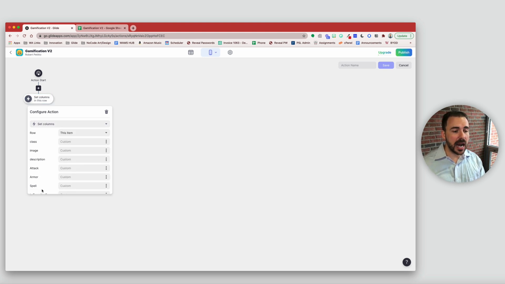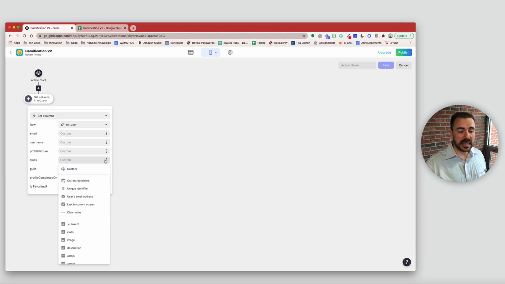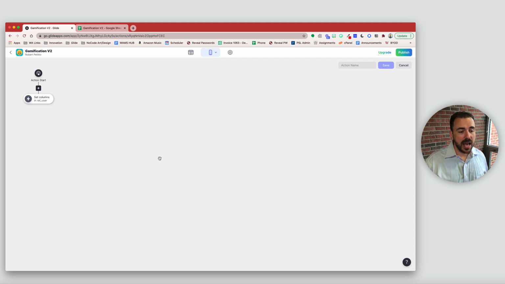So we're going to do set columns, and we're not going to set any columns in this item, which means this row for the class name, right? But instead, we're going to set it using the relation. So when I select relation to user, you see I now have all of my user profile columns, including class. And so we're going to write the class name to the user class column. All right. Okay,